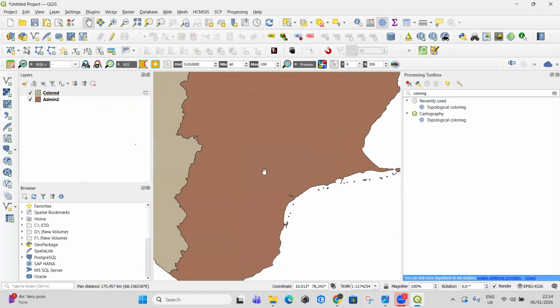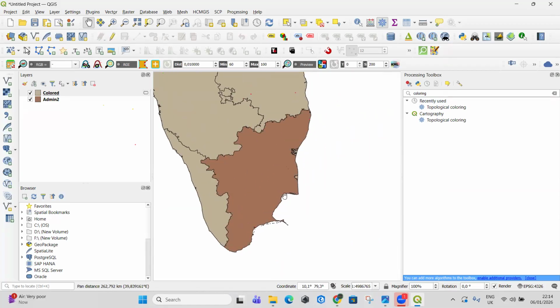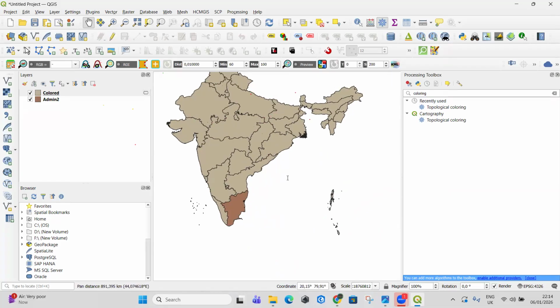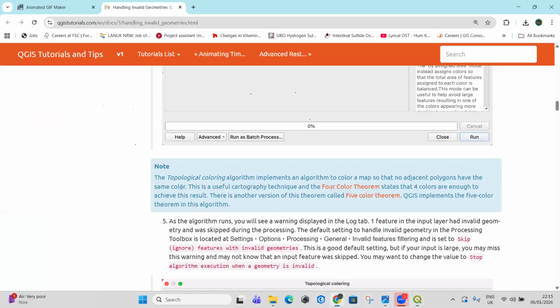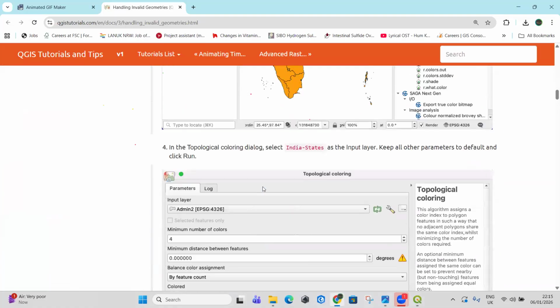That was this state, that this polygon was not complete somewhere and the complete processing did not happen. Okay. As the algorithm runs,